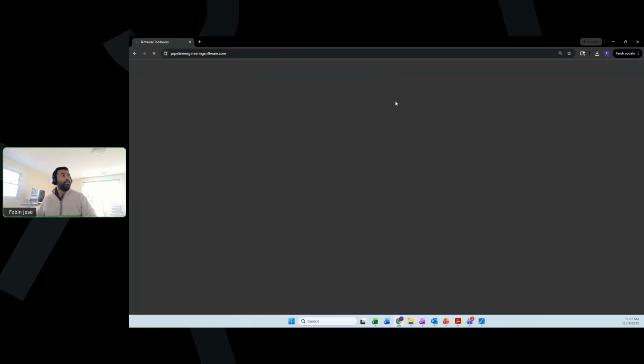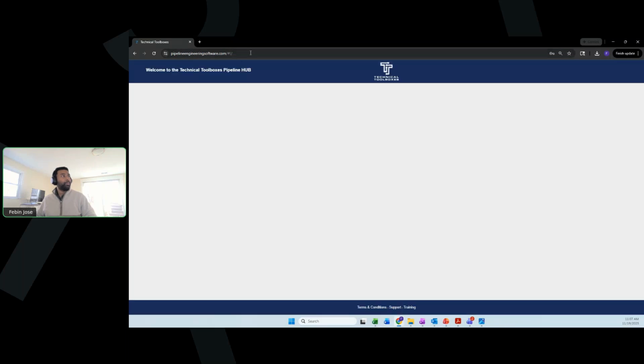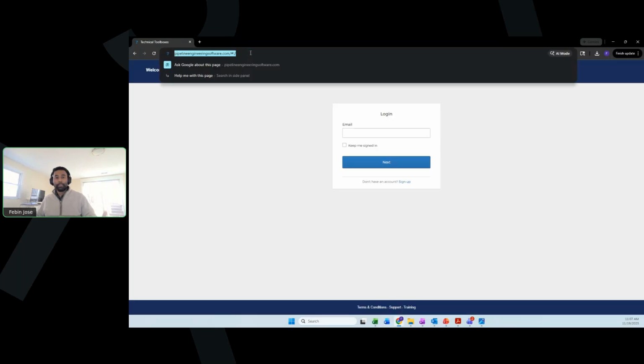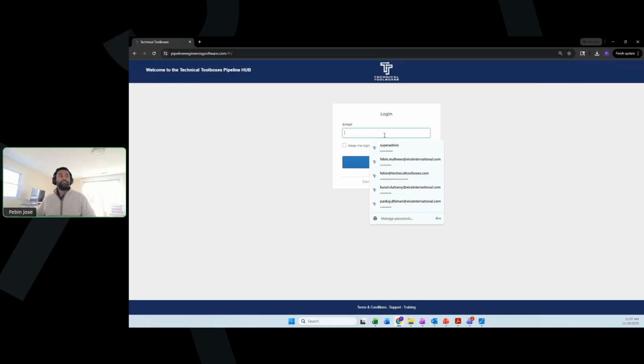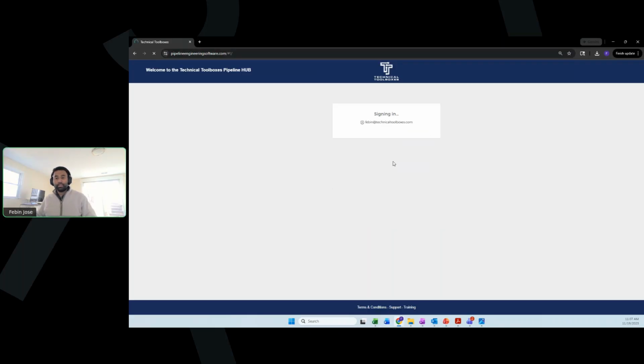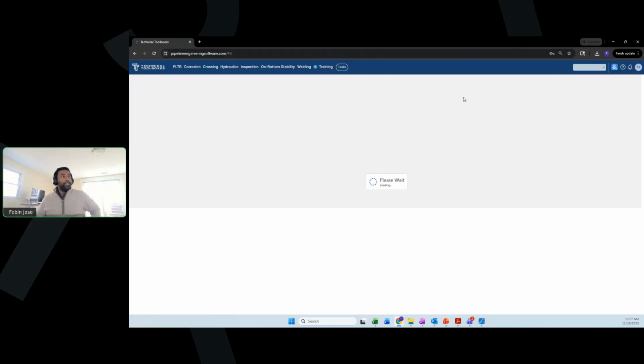So you are in Pipeline Toolbox. It's a cloud-based architecture, like I said. Pipeline engineering software, that's where we have hosted the solution. Once you are in, we are SOC 2 and Okta compliant, so you can have your login process through SSO. That is logging you through the Hub platform, as you can see. Now, once you're in the Hub platform here,